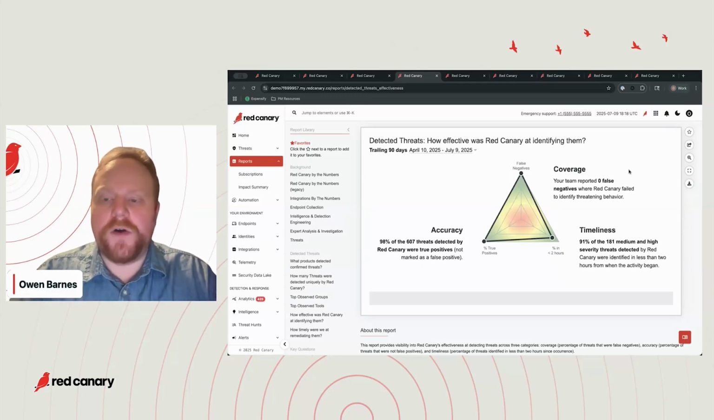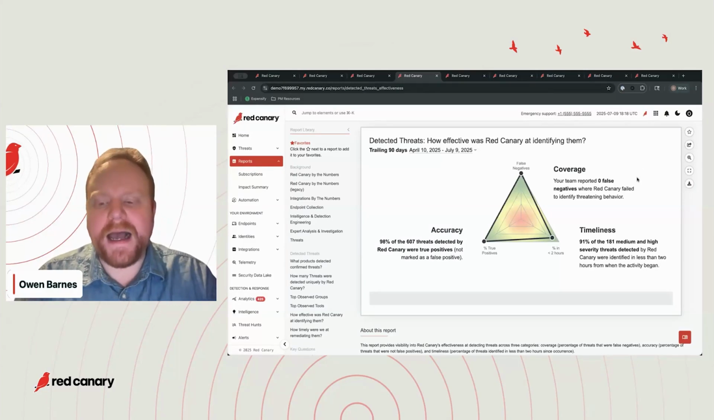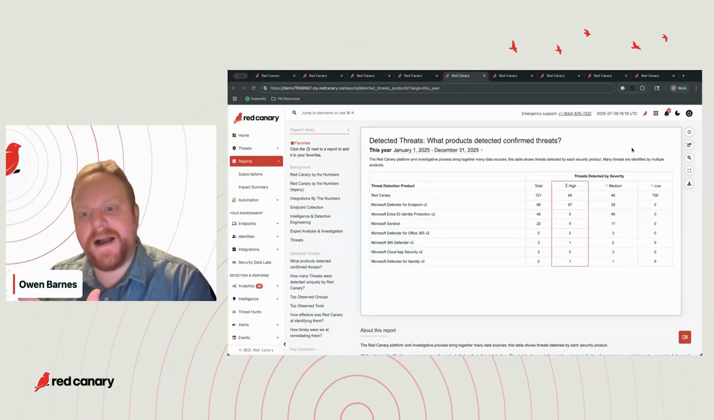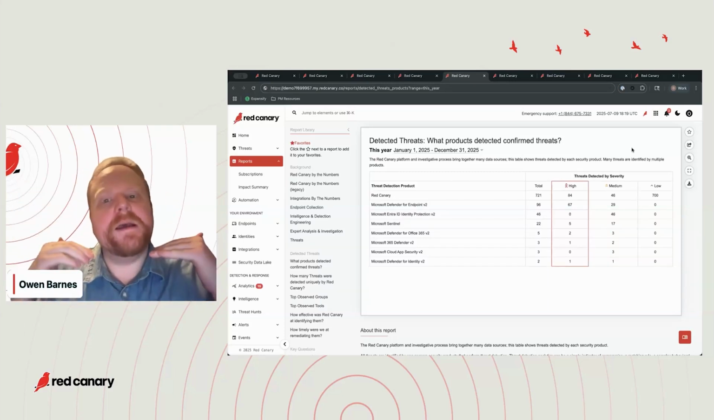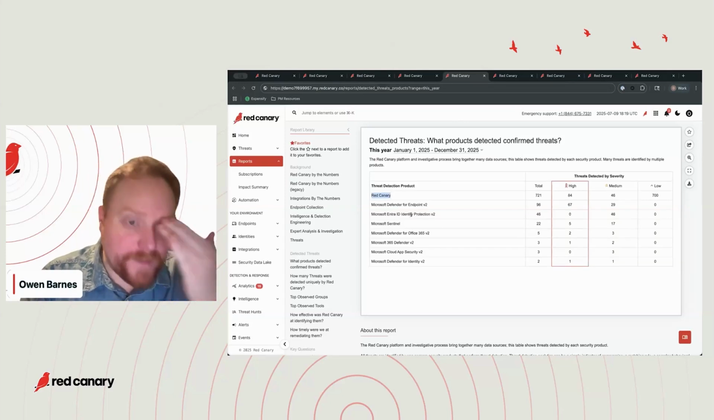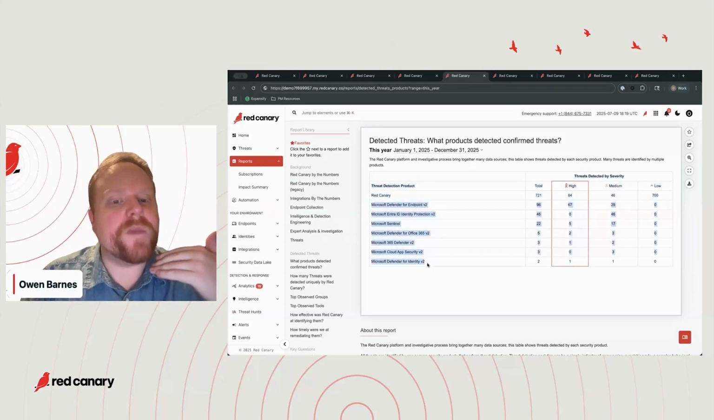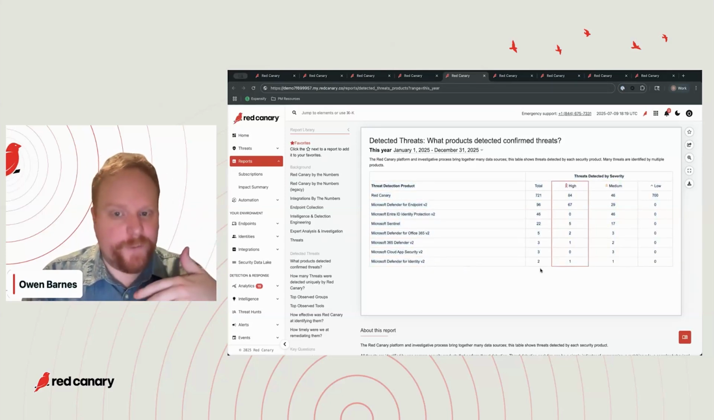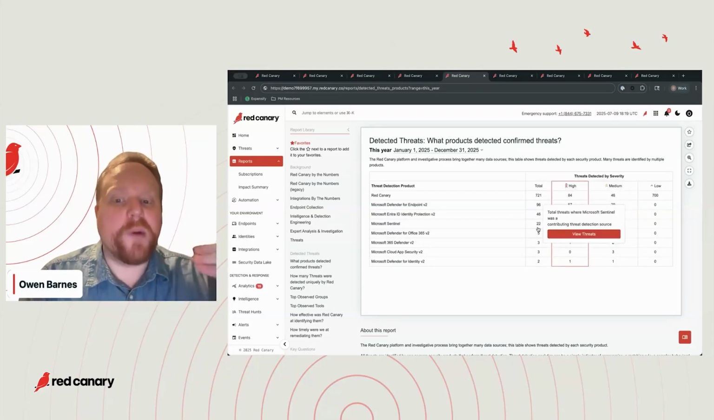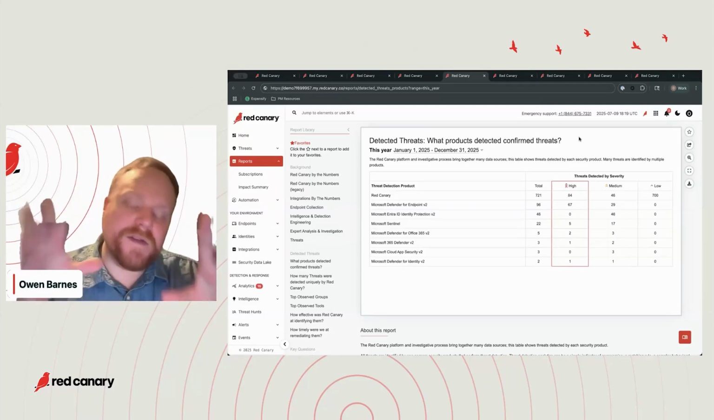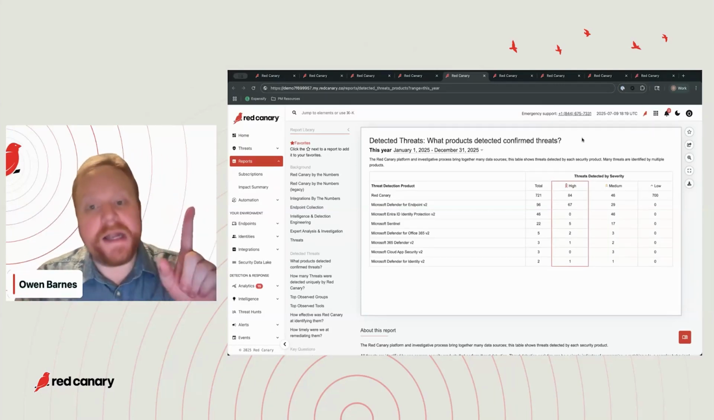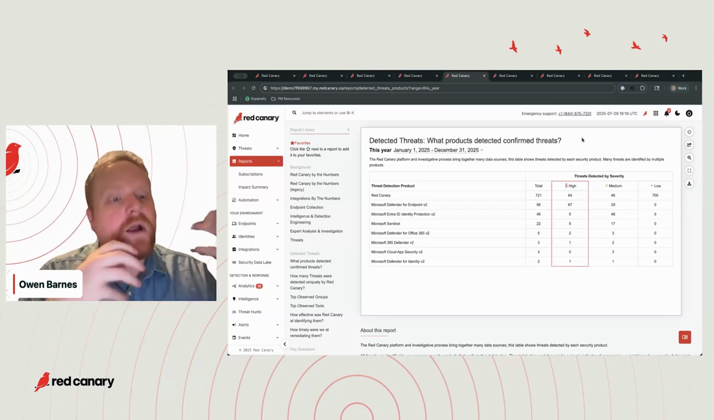Now, Red Canary also has a slide that breaks out how many threats were identified by the specific security products that I leverage. So in here, you can see I have my Red Canary product, but I also have all of my Microsoft suite that I leverage as well. And I can see what the total number of threats identified per product were. And there is some overlap here. So some of these may have been identified in both spots, but a good way to identify what threats might